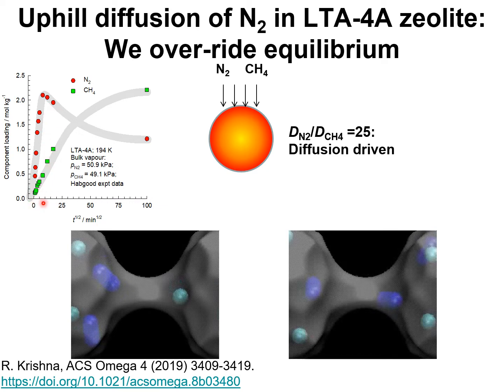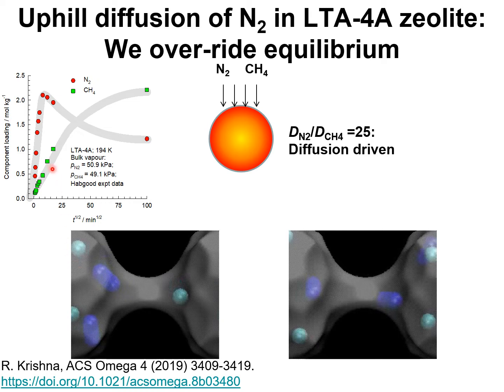In the initial stages of the transients, this x-axis is the square root of the time, the loading of nitrogen is significantly higher than the loading of methane. And therefore, say if we terminate the uptake process at this time interval, this will be richer in nitrogen, and methane will get rejected into